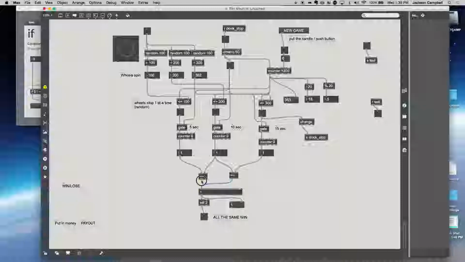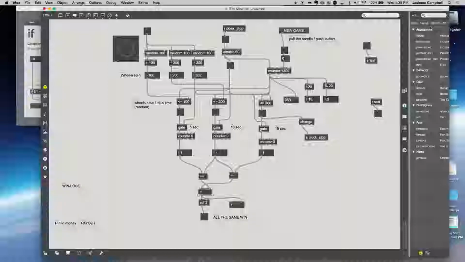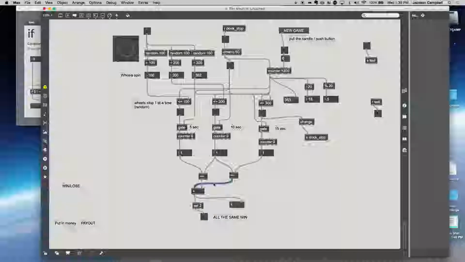Like this. So the plus object, only one of the inputs will trigger the calculation. If you hover over it, it says this one sets the left-hand operand and triggers the calculation. So we know that the third wheel is always going to come in, is always going to stop last. And so we know that will always be the last